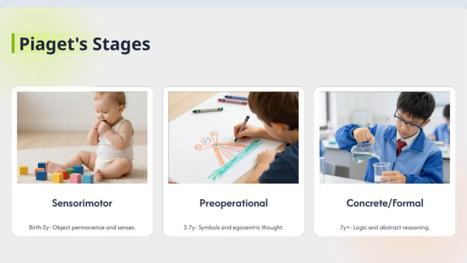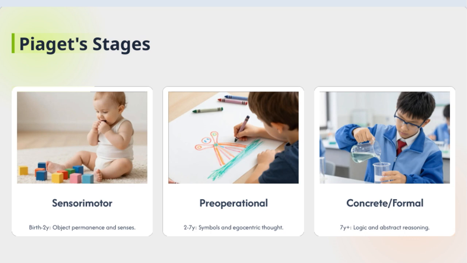Let's take a closer look at Piaget's stages of cognitive development. Starting with birth to 2 years, during the sensory-motor stage, infants develop object permanence, which is the understanding that objects continue to exist even when they can't see them. This is a foundational milestone for their sense of the world, and they learn a lot through their senses and